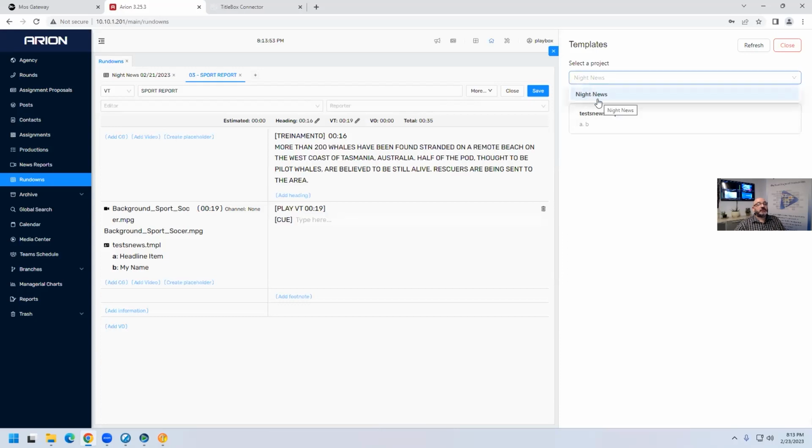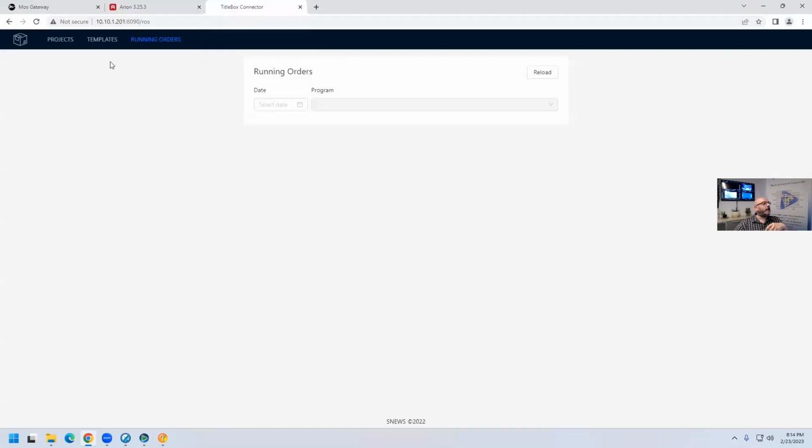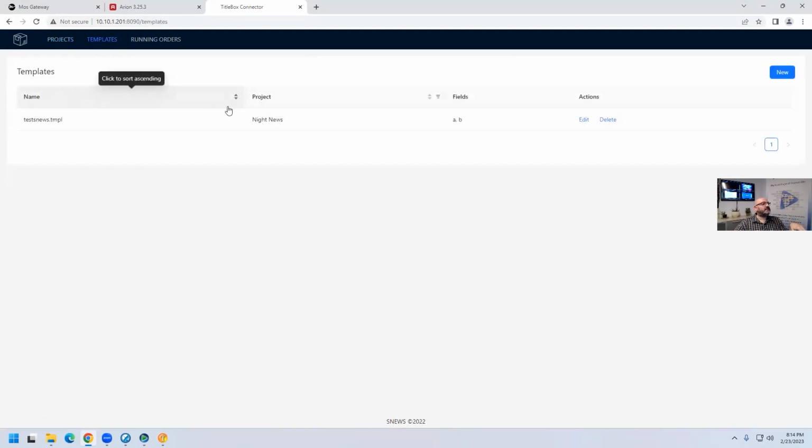I select the project, which is the program Night News, and then I can select the template. Currently, I have only one template. This part is managed by its own place where I define these programs. This is the program Night News. Then each program has